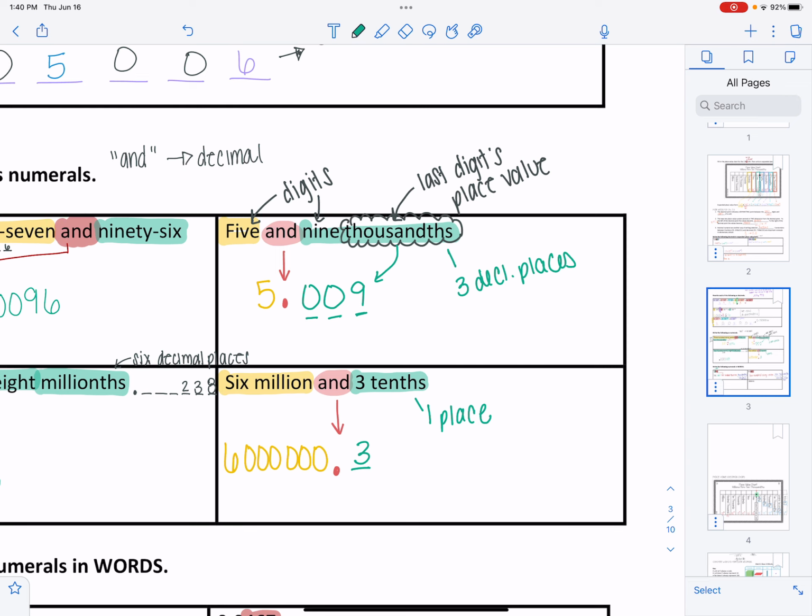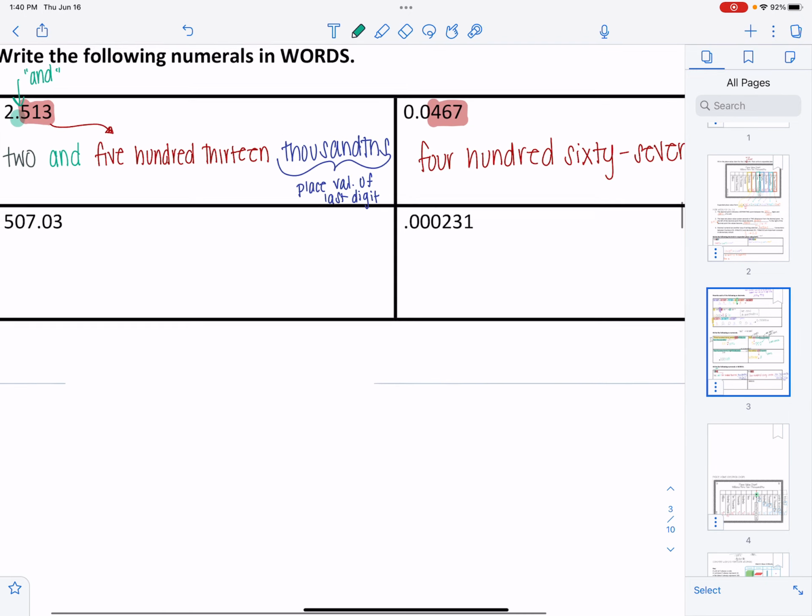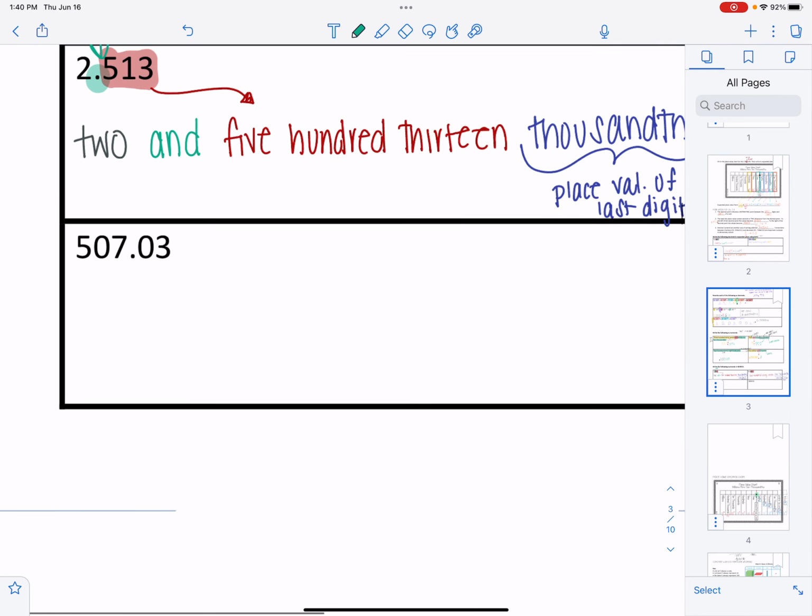All right, now we're going to go the other way. So now we're going to be given the decimal, and we're going to write it out in words. This is probably the trickiest for students just because of the, well, both of these. It's not how we talk. We don't mention decimals with their actual names. All right, so here's my first one,